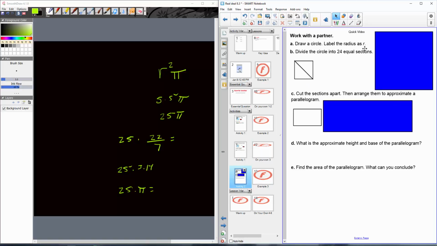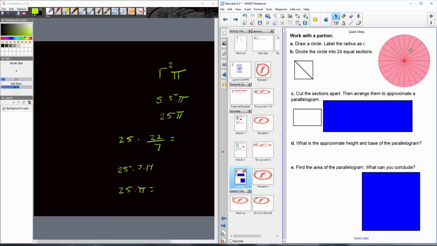And I have my circle, and I want to label it as R. I want to divide the circle up into different sections. And so I basically have a circle here, and these little R's are my radii that go around. I broke it up into different sections. And what we're going to do with this is we're going to cut these sections apart, and imagine that these right here are like the different triangles. And if I would rotate these triangles and move them around, because right now they're like this, right? If I move one around